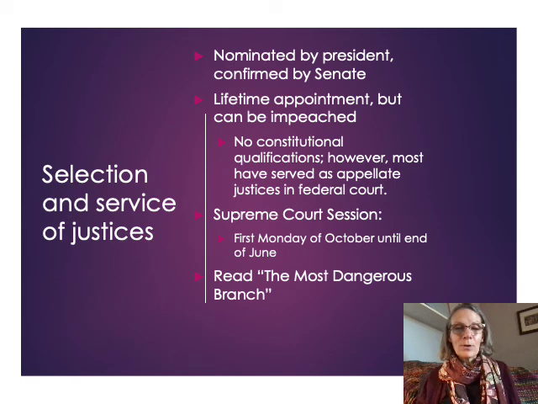If you want to learn more about the Supreme Court, there's a great book you could take a look at called The Most Dangerous Branch. The framers thought that the Supreme Court would be the least dangerous branch because judges aren't elected, they're nominated and confirmed, and the power that they had, they viewed as very limited. But that's really changed. This is a book that looks at the extreme power that the Supreme Court has, and maybe too much power. We read that book in my civil liberties class. So if you take the class, you'd read that, but otherwise just pick it up. It's really reader friendly. And you get to see behind the scenes of the Supreme Court, which is really interesting.